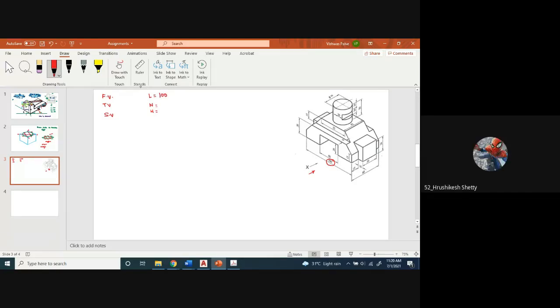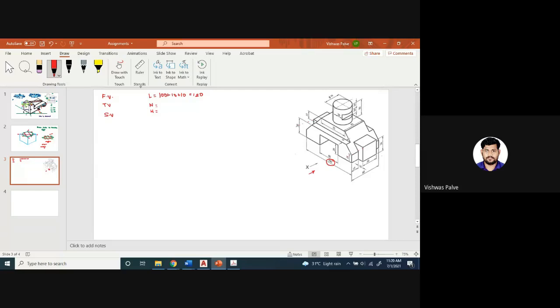Won't there also be a 10 on the side? Which 10? The one on the right side, sir? Yes, yes. But I think that is also included. So it will be 100 plus 10 plus 10 on both sides, because this extended portion will be also included. So the same portion is there on the other side. So if you see the maximum length, it will be taken from here. Yes. So the maximum length will be equal to 120 millimeter.